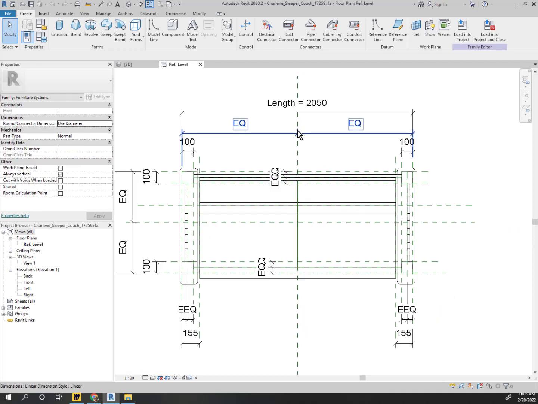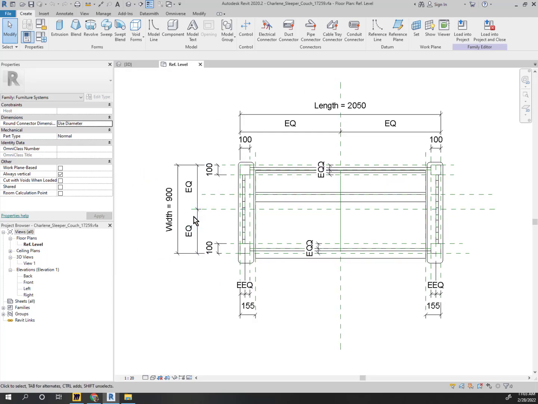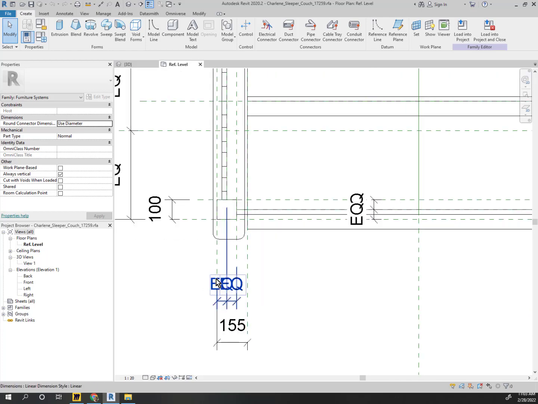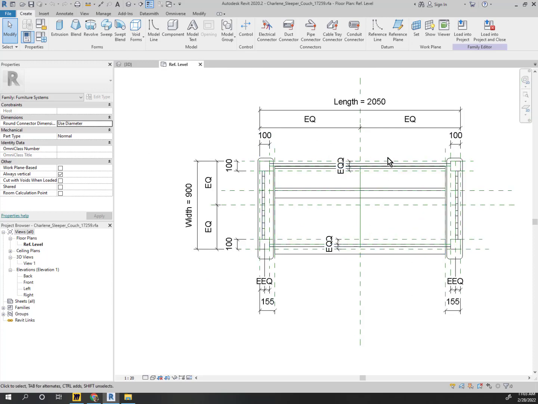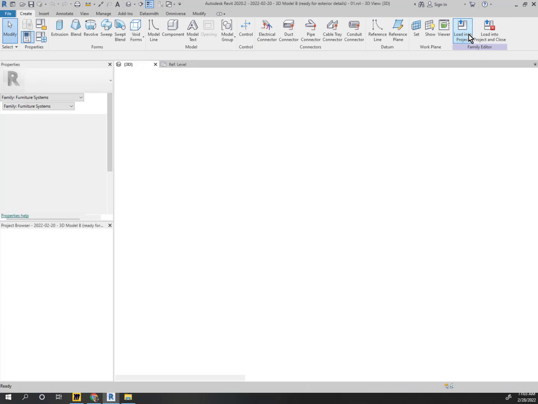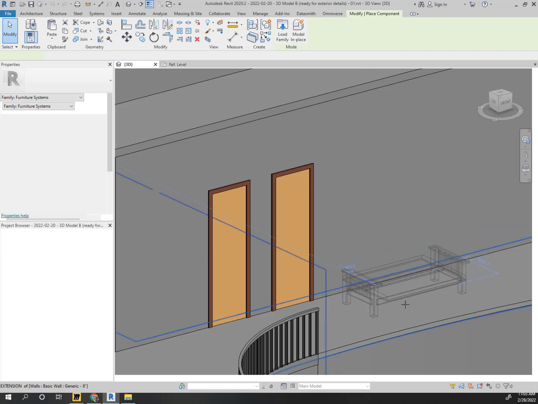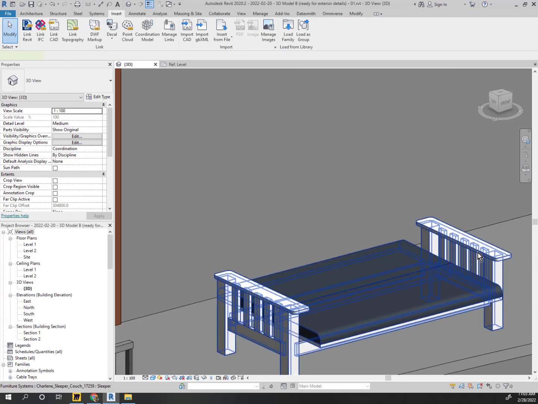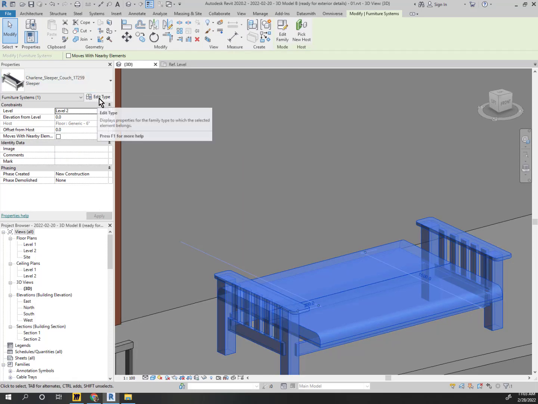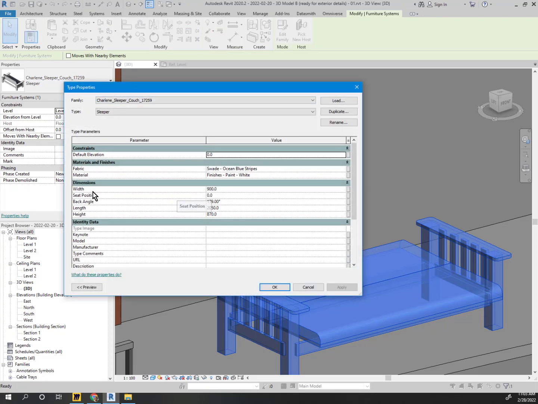Now if you look at this file, you can see that parameters have been added to it, so you can change the couch width and the couch length and all of these things, and you can go in and edit these parameters if you want, if it's not quite looking like the couch that you want. However, if this is fine, then you just choose load into project, just like what you did before, and then you will have your couch here. There we go. And if you click on this couch and go over to edit type, you realize there are all these properties that you can change. So for example, you can change the couch height,